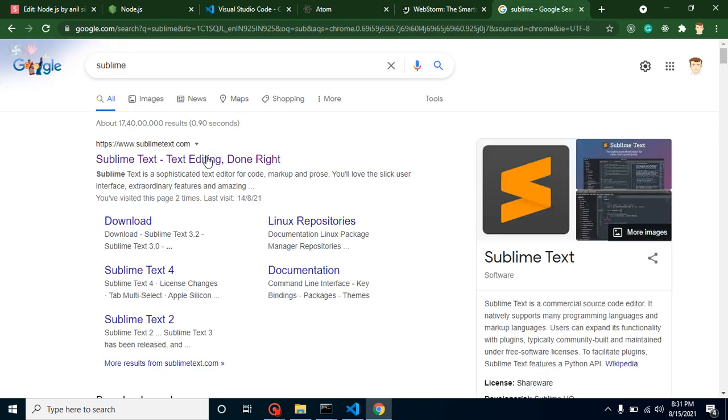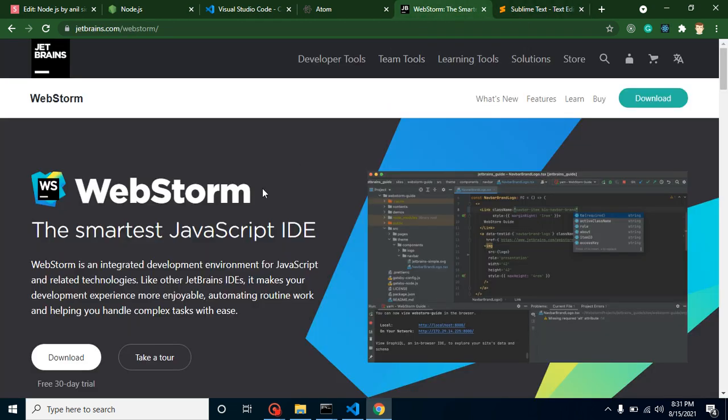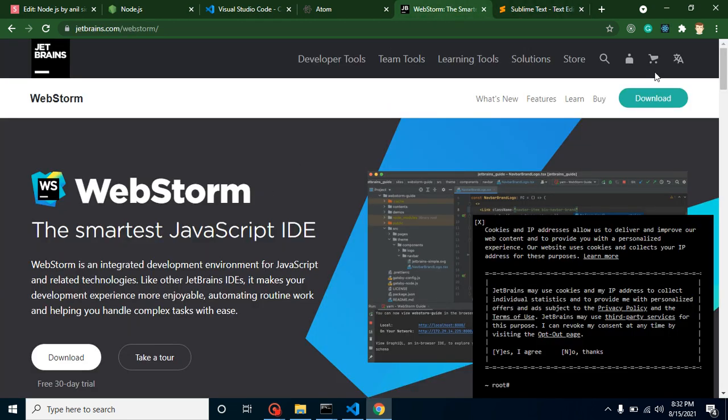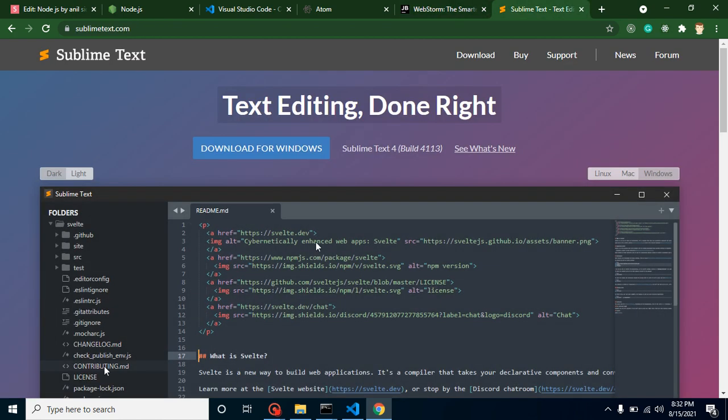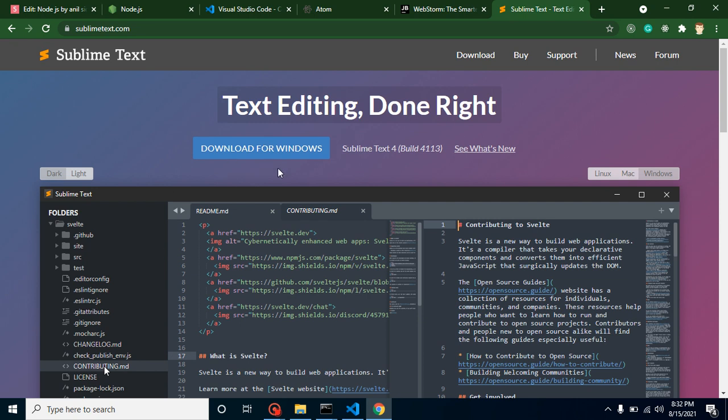The basic or normal version is free, but if you want to unlock all these features, then you have to buy it. Here you can see that a buy option is also there, and if you want to explore all options for Sublime Text, again you have to buy a package for it. So that's all for this video. You can use any tool for Node.js, but these four are recommended.